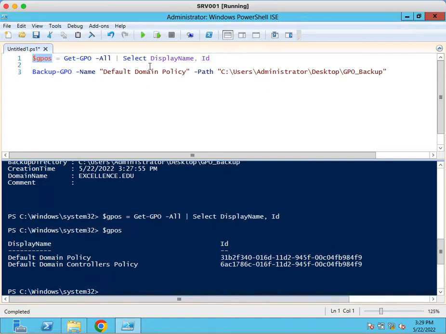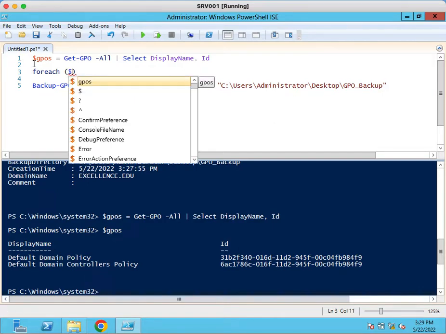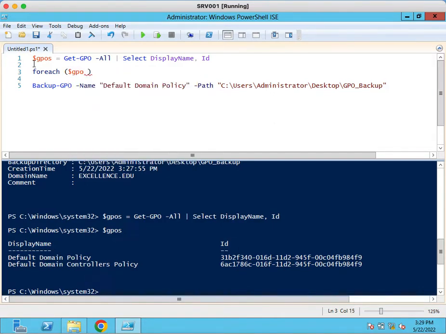Okay, so this command's output is stored in this variable. On this variable we will execute the backup operation by using a foreach loop. In the foreach loop we are going to select one GPO in this variable. Means in this variable there are multiple GPOs, a list of GPOs, but we are going to select